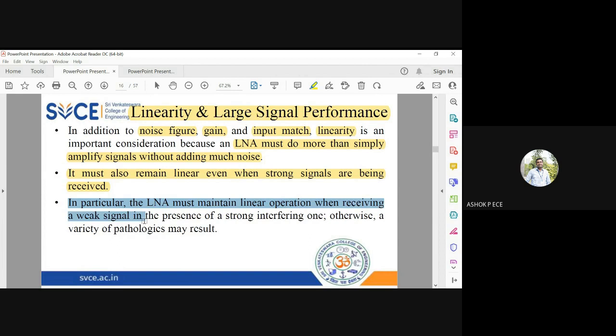Whenever you receive a weak signal with a strong noise, the amplifier performance will matter because it should correctly pick the right signal. The weak signal represents our actual signal of importance. The strong interfering signal is going to be the noise. The noise power is very high here and the signal power is very weak. So the LNA should reject this strong interfering signal, pick up this weak signal and amplify it in such a way that we get a strong signal at the receiving end. So this is the essential property of linearity of a low noise